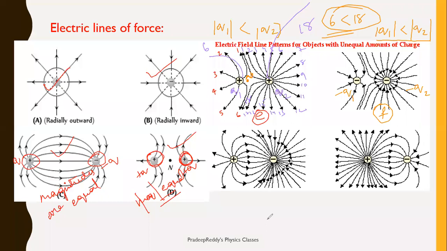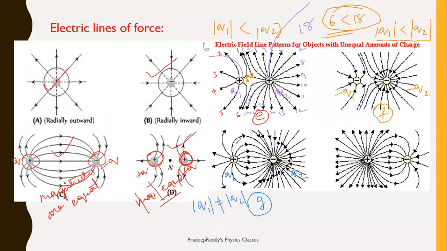Coming to the next example, say this is G. In this figure, you have one positive charge and the other one is a negative charge, right? One is positive, one is negative, you are able to see that clearly, and the number of lines coming from positive and the number of lines coming from negative are not equal, right? Therefore, clearly you can write, say this is Q1 and this is Q2. Forget about the signs over here because I am taking magnitude. Magnitude of Q1 is not equal to magnitude of Q2.